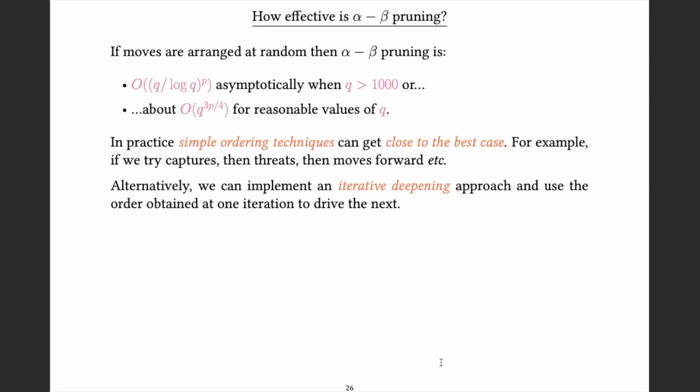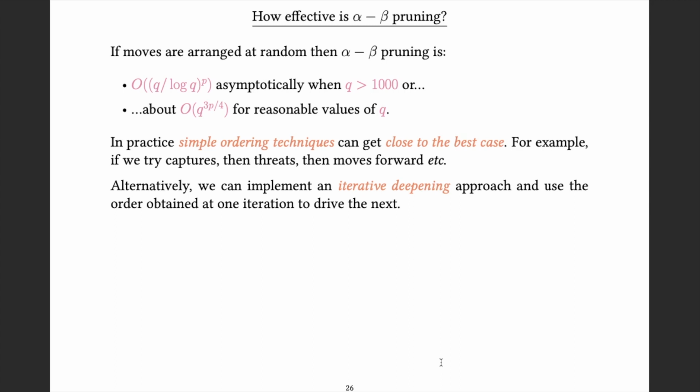Now in practice, it turns out that employing just simple move ordering techniques can be a pretty good strategy. So in chess, you might want to try moves that are in some sense intuitively good ones first. So capturing a piece from the other side, or moving a piece to where it's attacking the opponent's king, or moving pawns forward, and so on, might be things that you want to try before apparently less